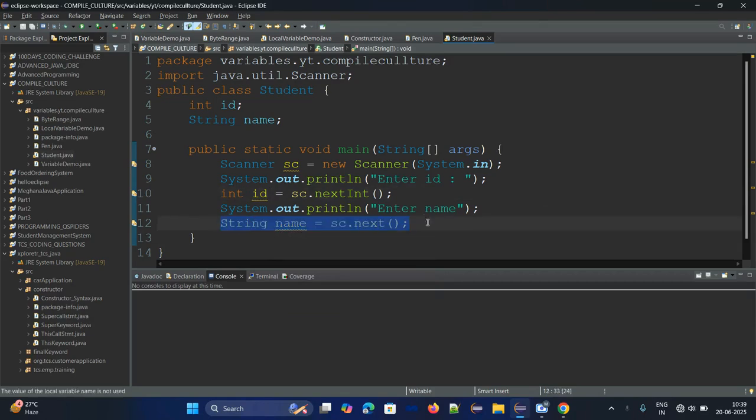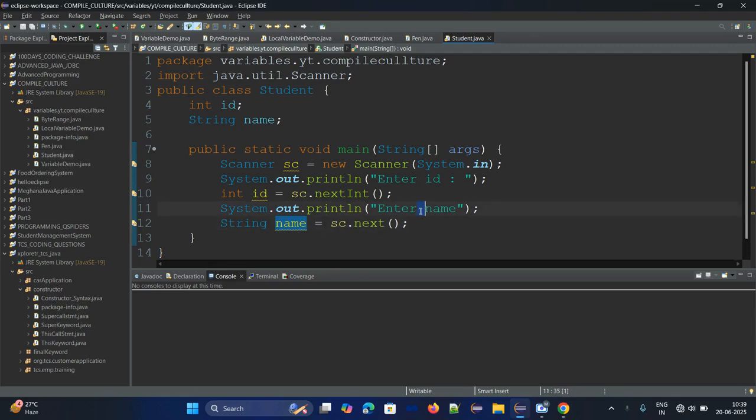The note here is that next takes only one word, not a full sentence. In a sentence like this, Enter name, we have some space between the words, right?